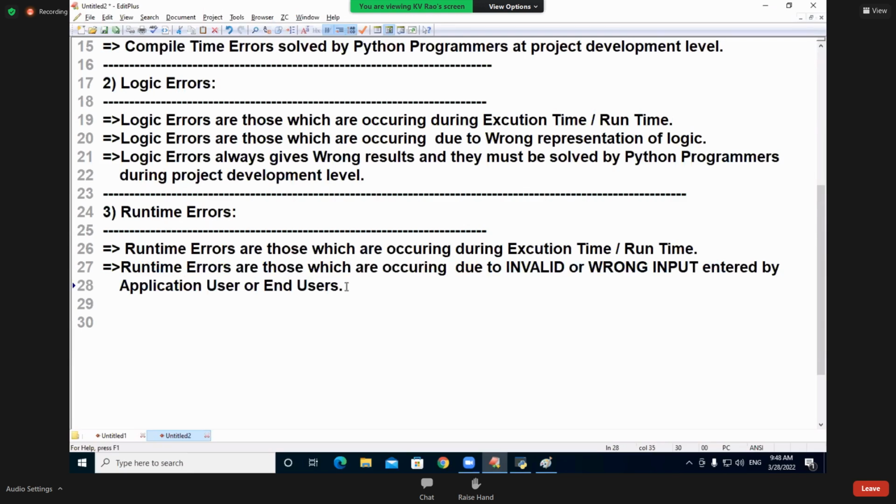Right. My dear students, that's why in real time, before you develop any application, if you are developing a project from scratch level onwards, a lot of runtime errors have to be addressed. Lot of runtime errors have to be addressed. Means what? End user mistakes are many. Those end user mistakes are addressed indirectly with the help of the programming concept called what? Exception handling. That's why exception handling is a minimum in every programming language.